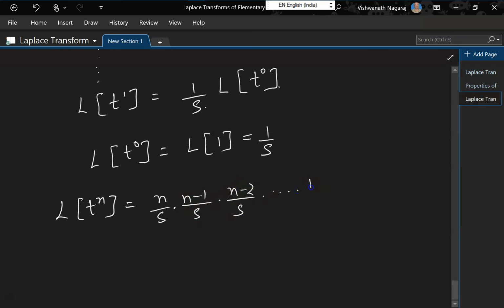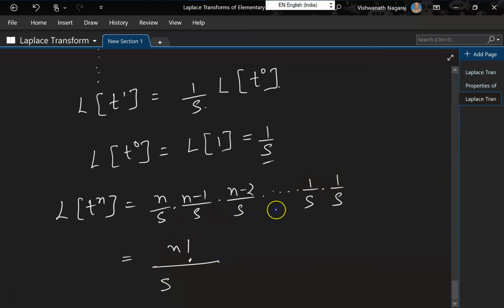It will go till 1 by s, and finally times this one, 1 by s. Now look at the numerator. What is it? n times n minus 1 times n minus 2 and so on, 5, 4, 3, 2, 1. That is nothing but n factorial divided by